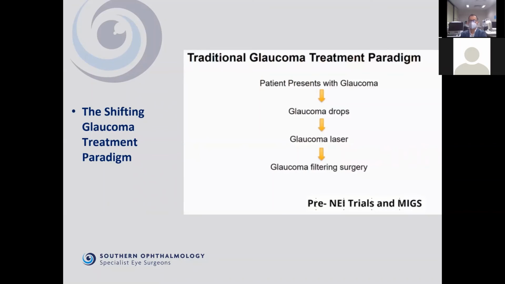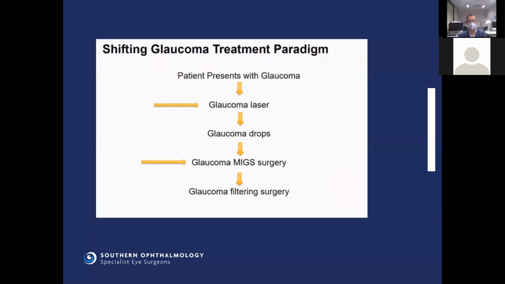So the traditional glaucoma treatment paradigm, and this was pre the National Eye Institute trials and MIGS, was the patient presented with glaucoma, they got glaucoma drops. If that didn't work or they were on maximal medical therapy, we went on to glaucoma laser. That would be followed by glaucoma filtering surgery. Following the NEI trials and the advent of MIGS, we now often offer glaucoma laser as a first-line treatment with or without glaucoma drops, and we usually consider MIGS surgery with or without cataract surgery prior to progressing to glaucoma